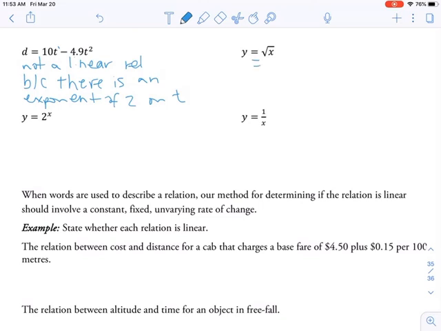y equals square root of x. Now, using the mirror, I know that a square root is equal to an exponent of 1/2. And so when I take a look at that, is that exactly a degree of 1? No, it is not. And so because of that, this is not a linear relation, because the degree is 1/2, which is not exactly equal to 1. I'm going to make that a little bit neater. Okay, here we can